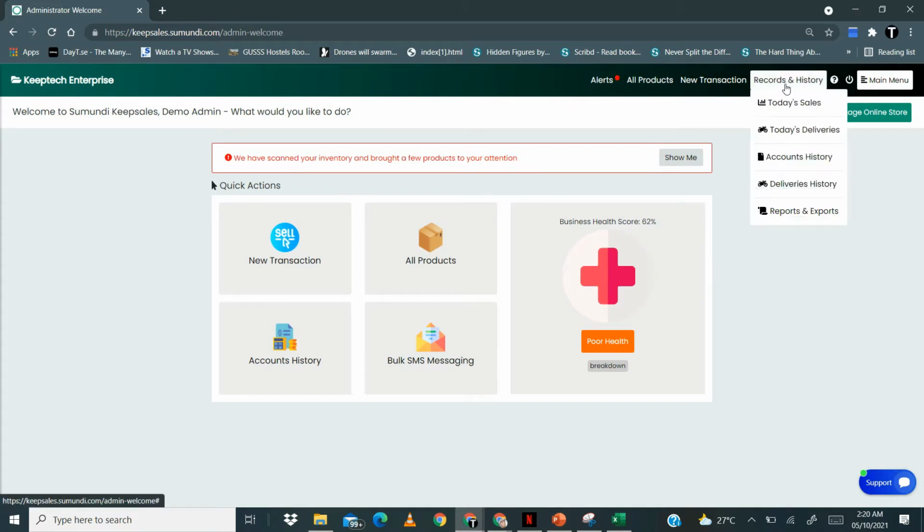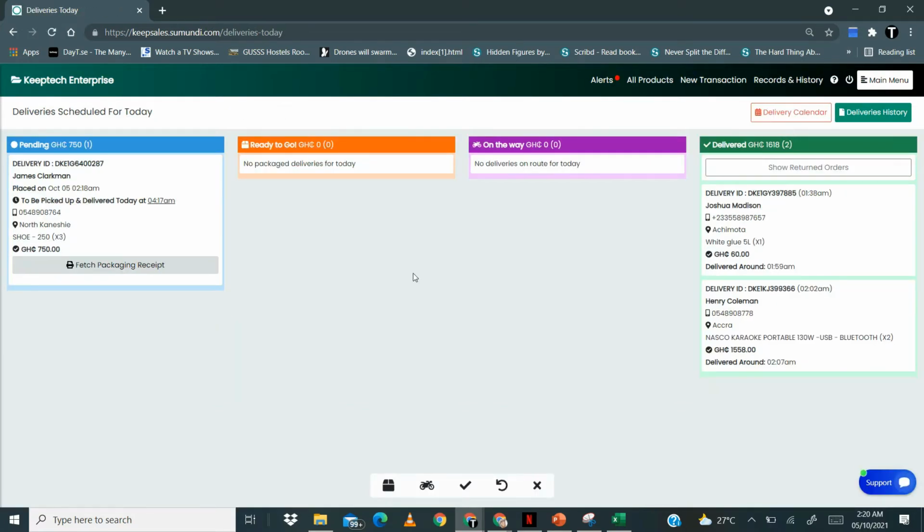Okay, so when you move your mouse over records and history, you click on today's deliveries. Okay, so it brings you to the today's delivery page. All right, so under pending, you notice the deliveries which are pending for the day. You click on the fetch packaging receipts, and then over here you have the option to either click the